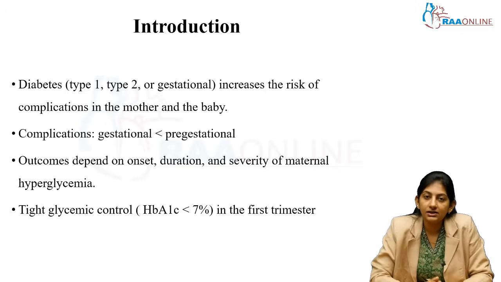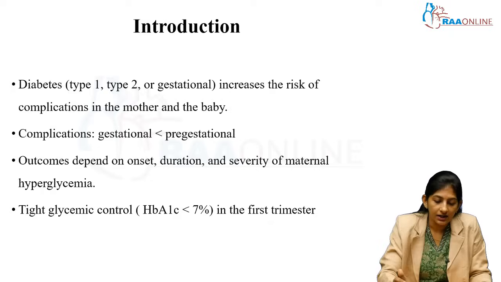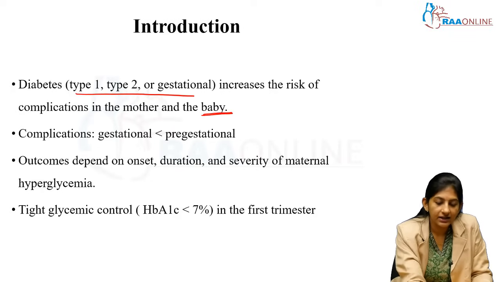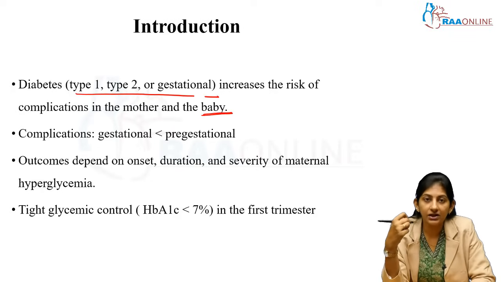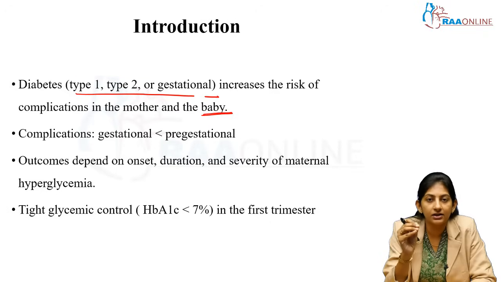So let's get started. And we're all very familiar with any type of diabetes like type 1, type 2 or gestational diabetes definitely increase the risk of complications in the mother and in the baby. So it can be any type of diabetes. So this is something that we come across when the expectant couple is referred to the pediatrician or to the neonatologist to counsel the couple about the complications. So it is not about what type of diabetes. Rather, it is about the control of blood sugar and the tight glycemic control really.